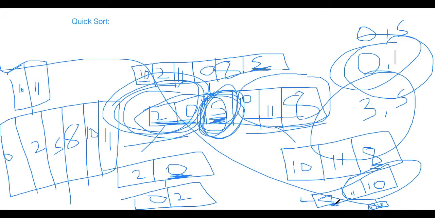So we will create a small array on the right side of the 8. Is 8 a pivot here? 8 was the pivot here, right? Because we are choosing the last element as the pivot everywhere. Here we chose 5 as a pivot, here we chose 0 as a pivot, and here we chose 8 as a pivot, because it's the last element of the array. We are cool here.